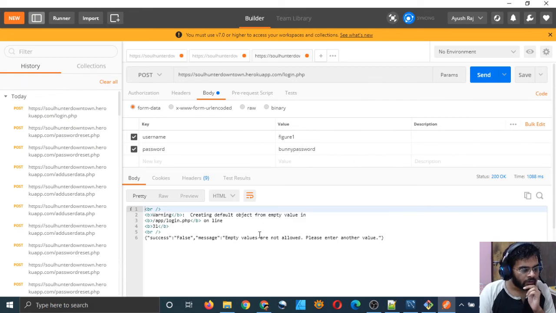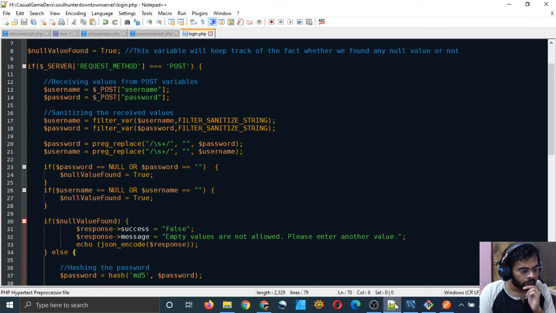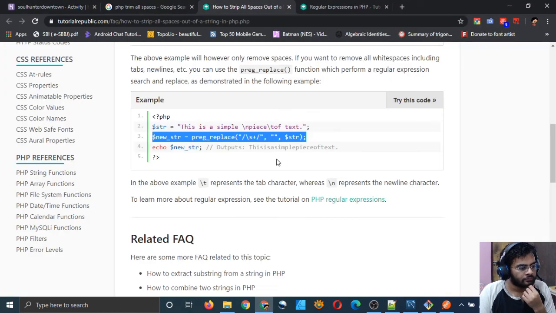Oh, it is saying that empty values are not allowed. Please enter another value. That's not what it should show me. Hmm.